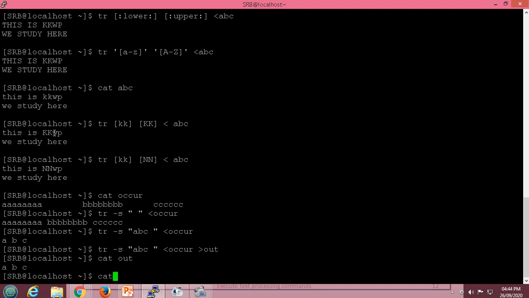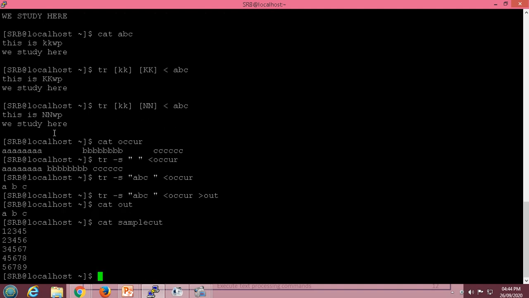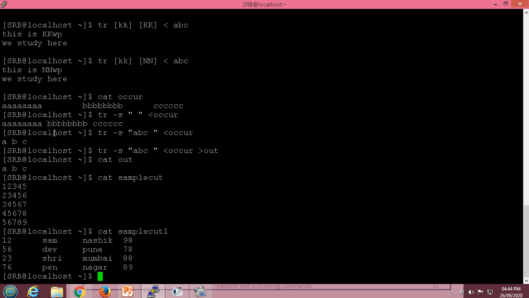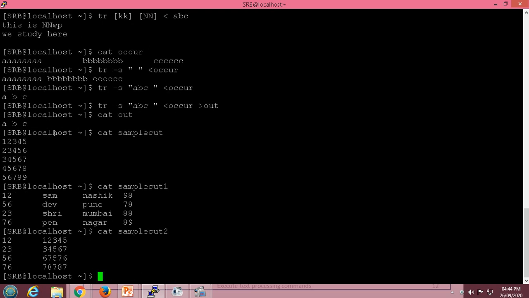For that we will first see the content of some file. samplecut is the name of my file. So these are the contents of samplecut, and I have two more files, samplecut1 and samplecut2.